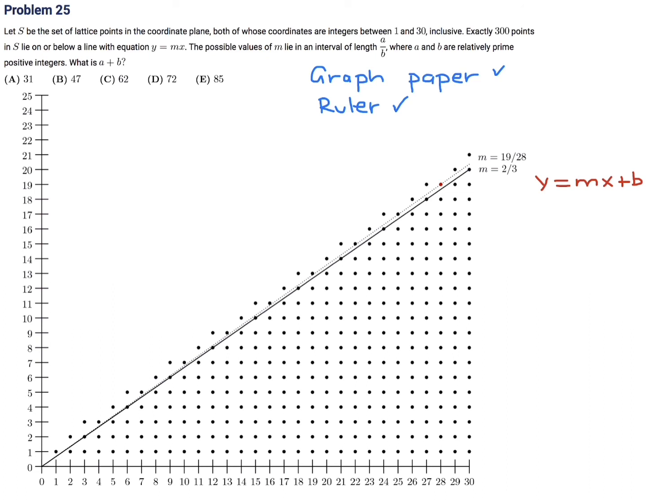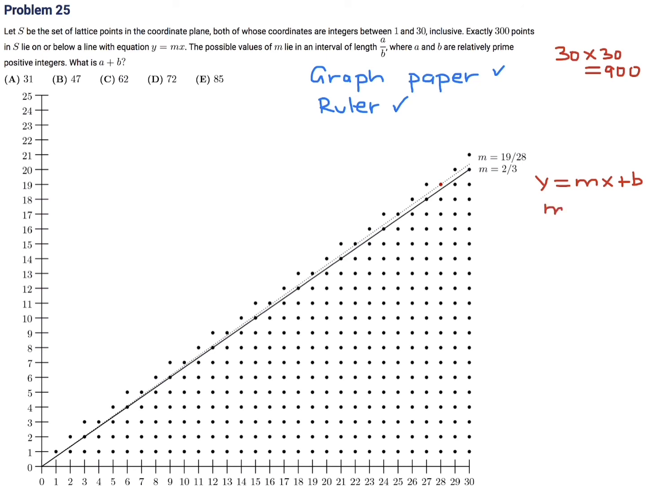The total number of points, since it's a 30 by 30 grid, will be 900. And we want 300, so basically we want a third of them below that line. So that means that most likely this is going to be